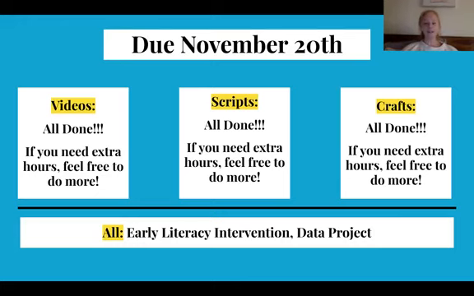But everybody this week is going to be reading the early literacy intervention article and working on the data project, which is going to be pretty similar to the goal project, and that will be linked in Canvas below this video. And then, of course, if you guys have any questions, feel free to let me know,